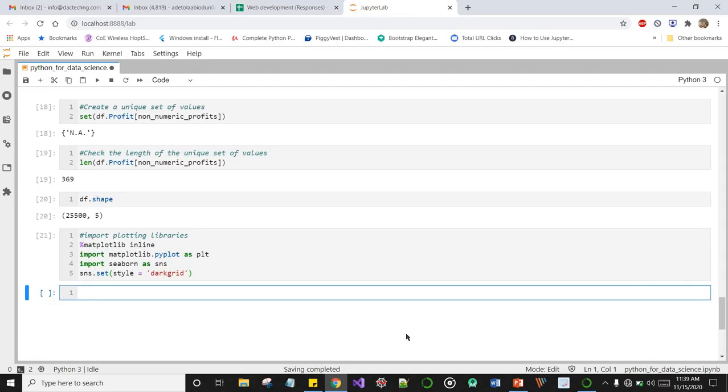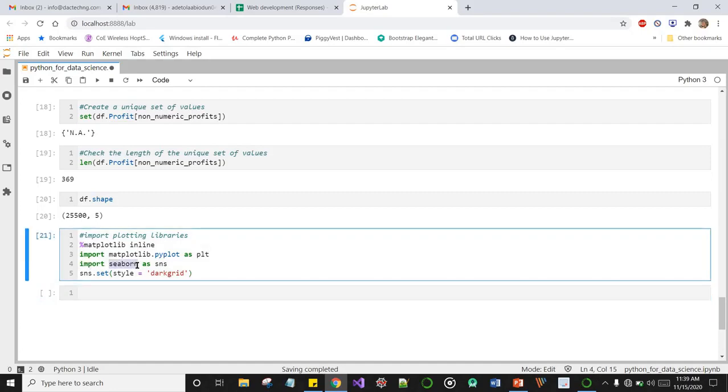All right, the break is over. So we successfully imported our plotting libraries, and we imported matplotlib.pyplot as plt. We also imported Seaborn. Seaborn is a plotting library in Python.